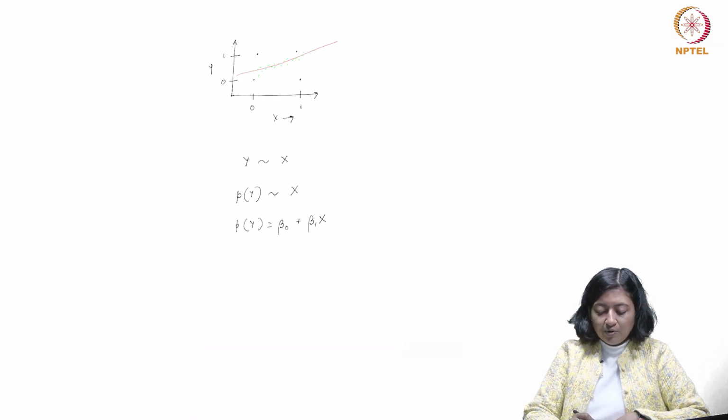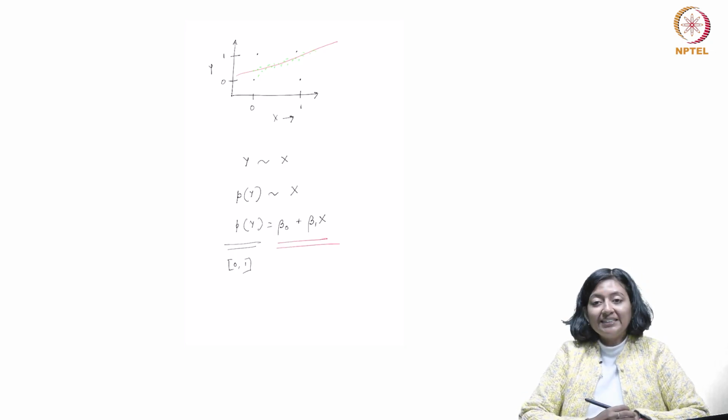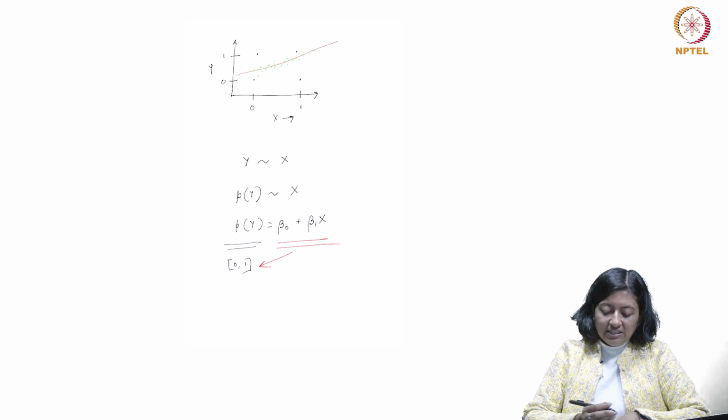So, this means probability of y equal to 1 and probability of y equal to 0. Now, probabilities are always between 0 and 1, but a regression model like this can never ensure that the outcome is going to be between 0 and 1. Hence, this model